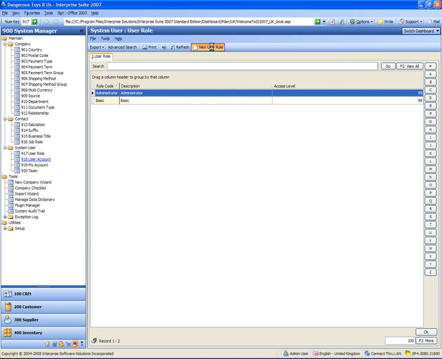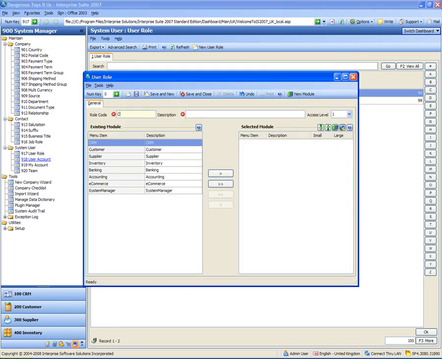If I click on the top for new user role, okay, and it's going to be credit control, and then we add on the modules that we want credit control to have access to basically. So the only one that we're going to add on there is the customer one. So if I highlight customer and click on the arrow to move it across to the other side,